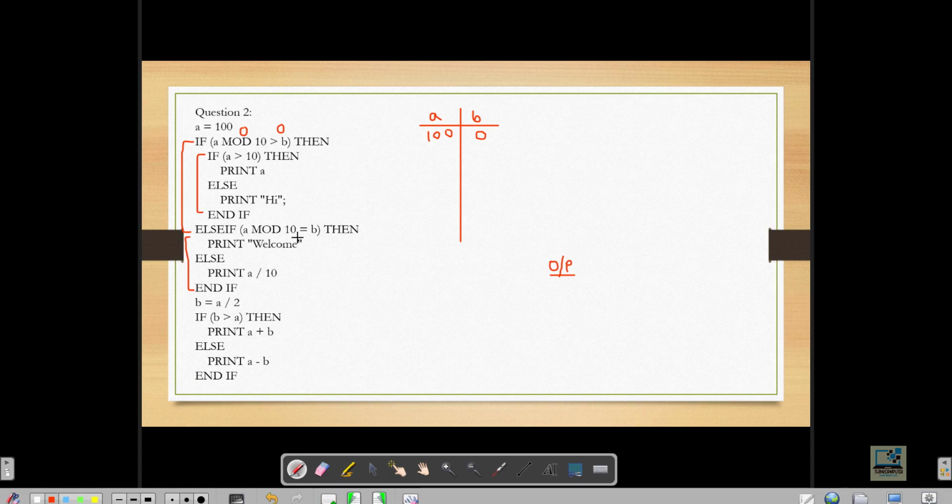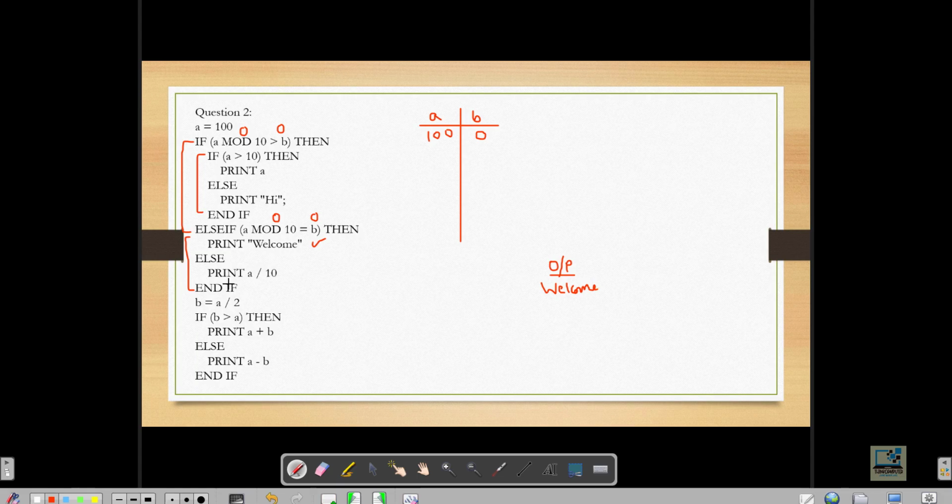Okay, so A is 100, mod 10 is again 0, so now 0 is equal to the value of B, which is also 0, correct? So it will execute this part of the program and welcome will print on the screen. Okay, after welcome prints, it will not go to the else part, right?